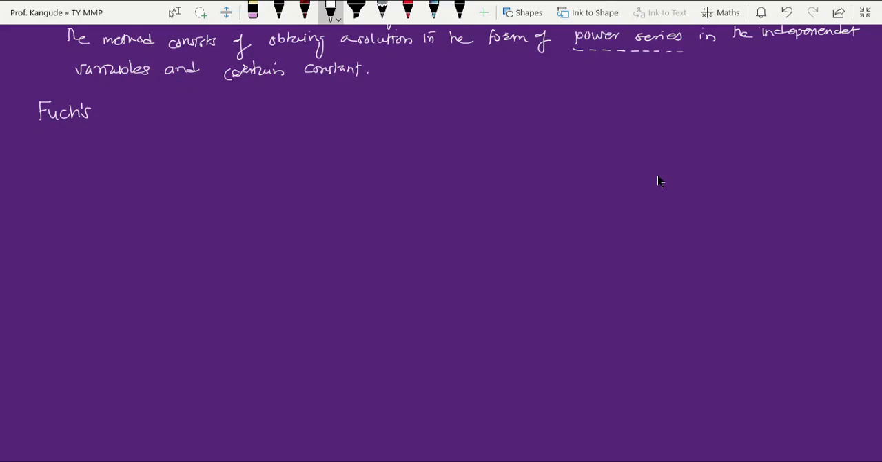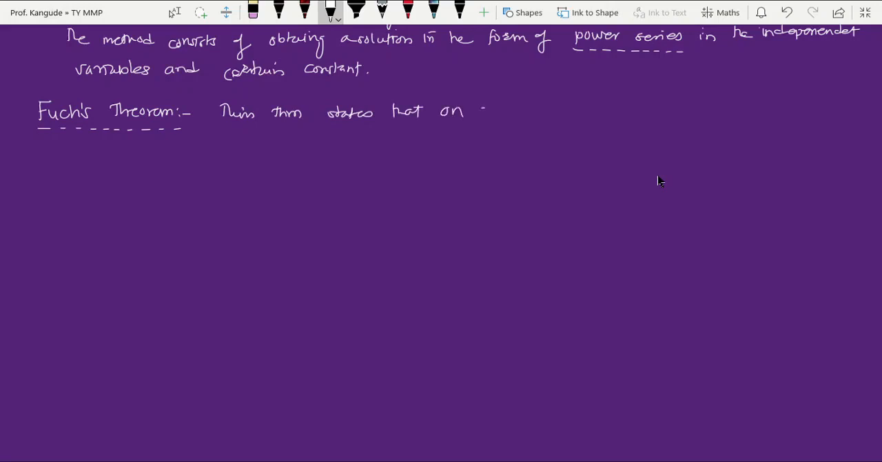Fuchs' first theorem. And this theorem, it's a theorem in mathematics, tells you... so we'll write it in words, because from the examination point of view sometimes this statement is asked, so we'll write this. This theorem states that